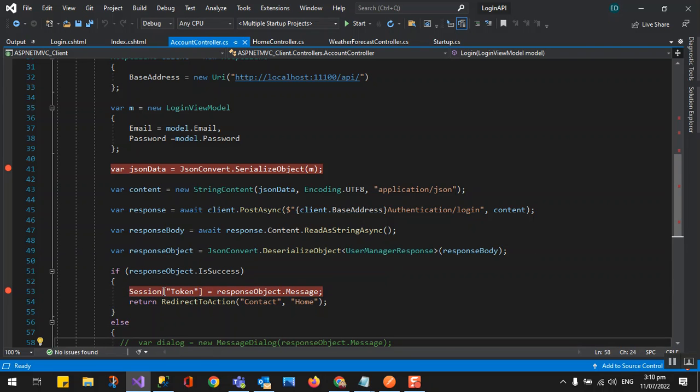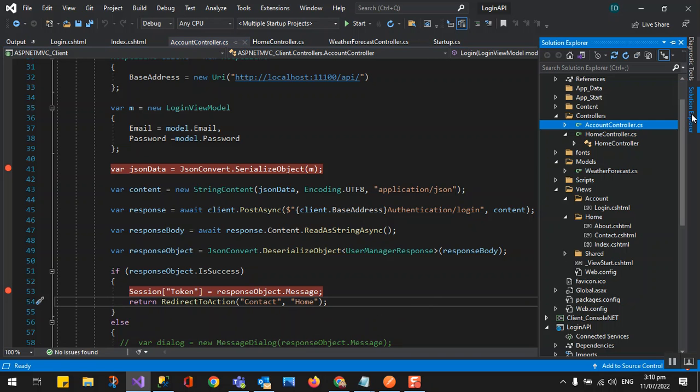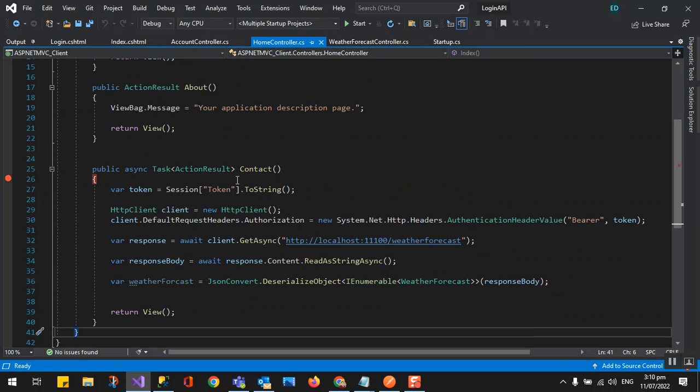So we get the valid token. After that, we pass it to, for example, redirect to contact home. So we need to access this part.